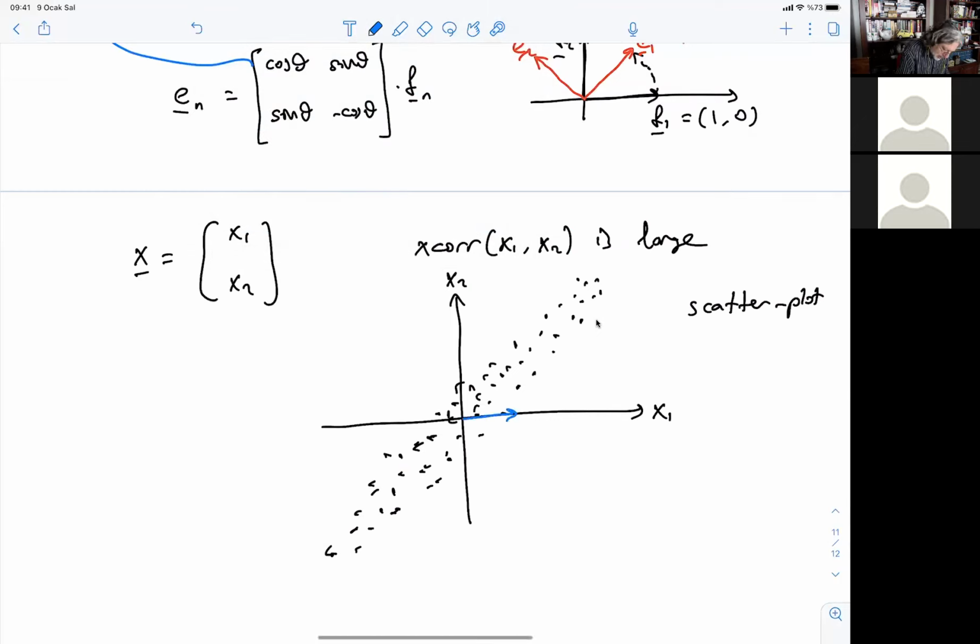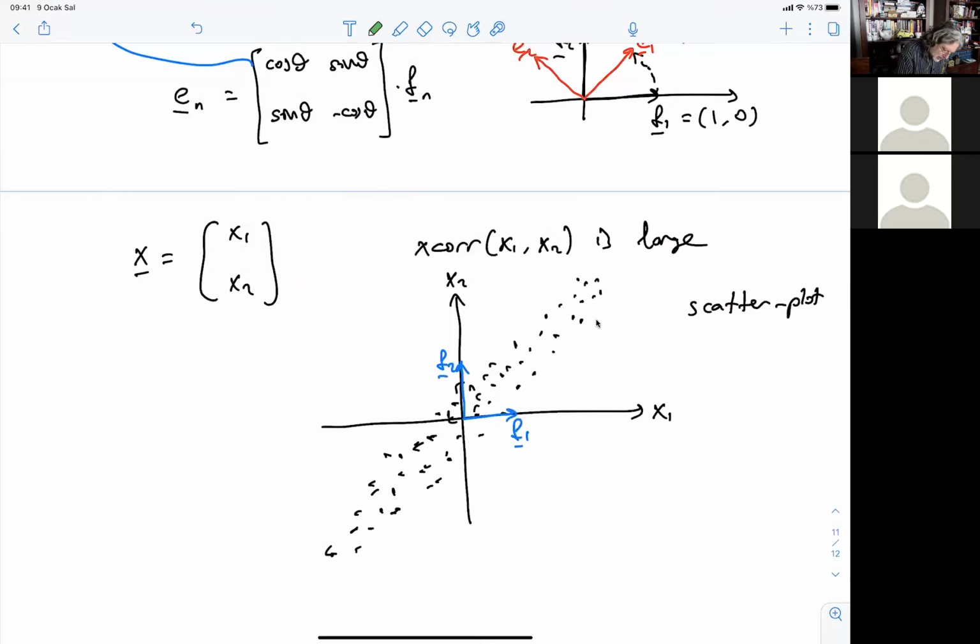The original basis was this and this, which is a redundant basis because it shows equal energy from the x1 and x2 sides. So this is f1 and f2. The f1 and f2 basis vectors were redundant basis vectors. If you eliminate f2, for example, you lose a lot. You lose half of the data because of the representation of any